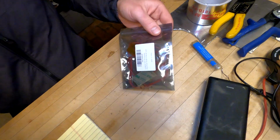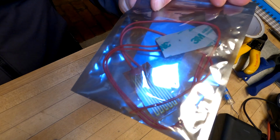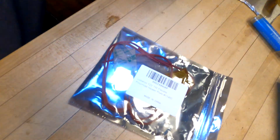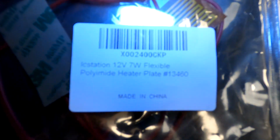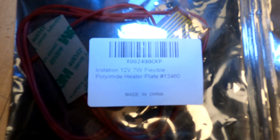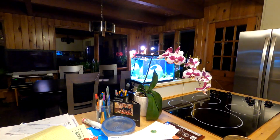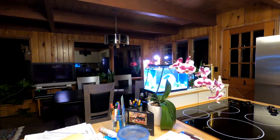So here's kind of the heart of what's going into this. These little warming pads, well, you can see the specs on them. They're meant to run on 12 volts at 7 watts, just little flexible heating pads. I actually got them to heat that fish tank over there, and for that they do very well. I have 2 of them at the bottom. It's set at 12 volts with a variable voltage power supply. It keeps the water at a nice comfortable 78 or so degrees that the fish over there, Killer Mike, really